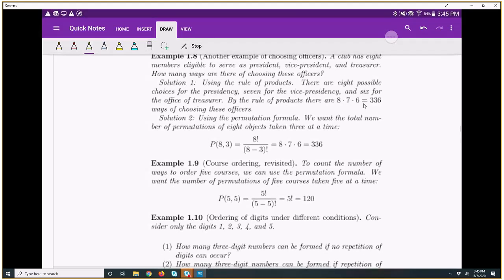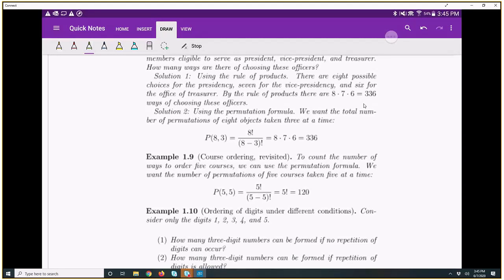And by rule of products, then we have 8 times 7 times 6 equal to 336 ways. If we directly used the permutation formula, then we would want 3 officers from a set of 8 possible members. That would be 8 factorial divided by 8 minus 3 factorial. 8 minus 3 factorial, of course, is 5 factorial, so this is 8 factorial divided by 5 factorial, which is